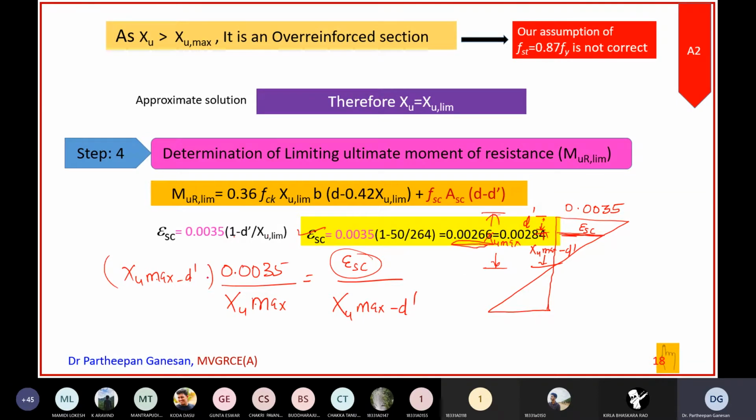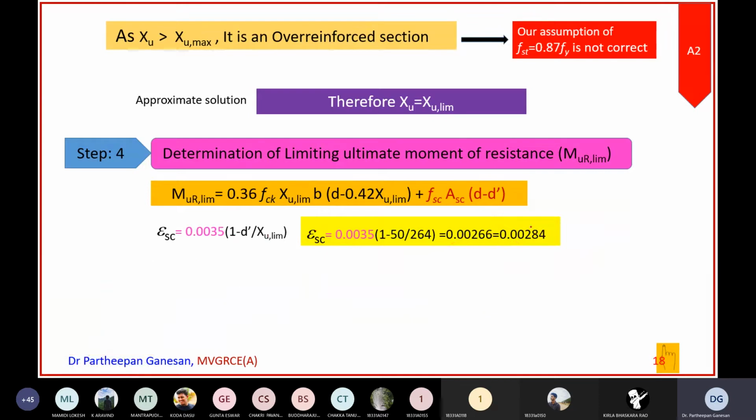One second, there seems to be some error here, this is not correct. You have to work it out and find what value you are getting. I have written two different values, and that's not correct. Probably I copied and did not edit. One of you work it out and let me know.